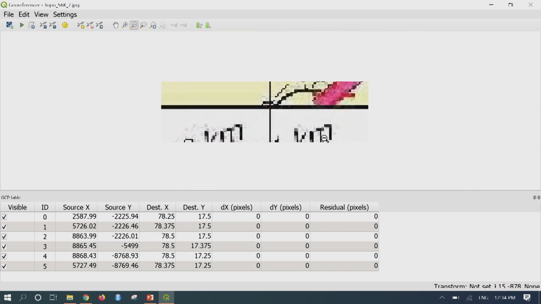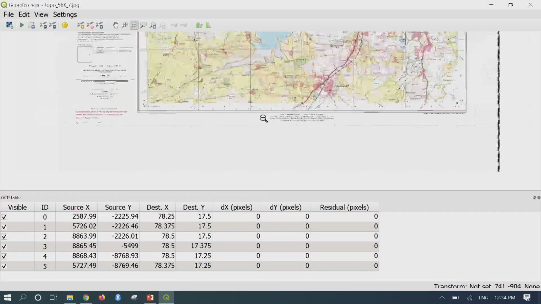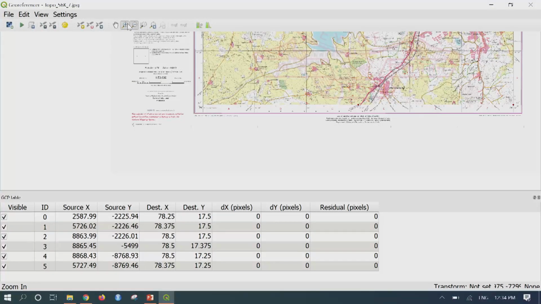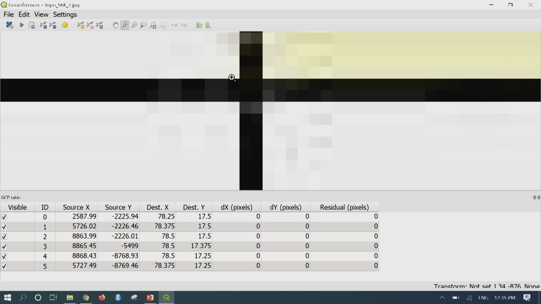Now proceeding to point number 6. Please make a note that if you want more accurate results, you need to add more number of points. Maybe it can be 12 points or 16 points, but it has to be in a cyclic order. So now going to the 7th point.